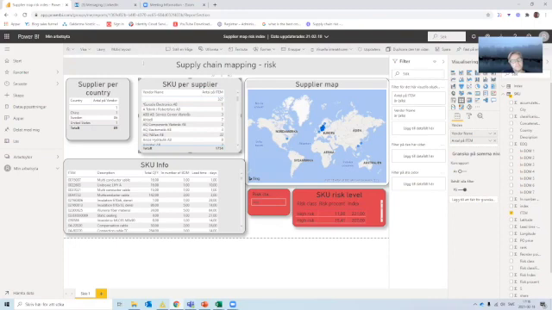In this one, what I'm showing you here is supply chain mapping on risk factor. So I have the suppliers per country, the number. There are not so many. Most of them are in Sweden, and one in China, one in US. Then you have the names of the suppliers and the number of items. And then below, you go down to the article level, where you have the item